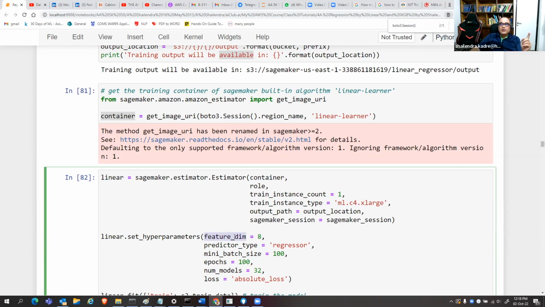Feature dimension means x1 to xn, right? We have eight x variables, x1 to x8. So here we have to give that number. Then predictor type, you have to give regressor because we are doing a regression operation. Mini batch size. So it is something new which is not there in scikit-learn in the case of linear regression. In linear regression, we don't have any batch size or epoch. So batch size and epoch are there in